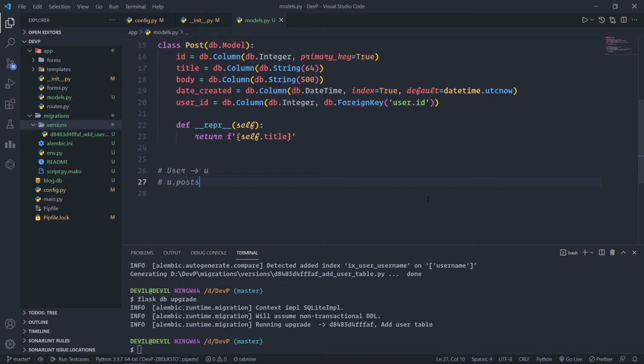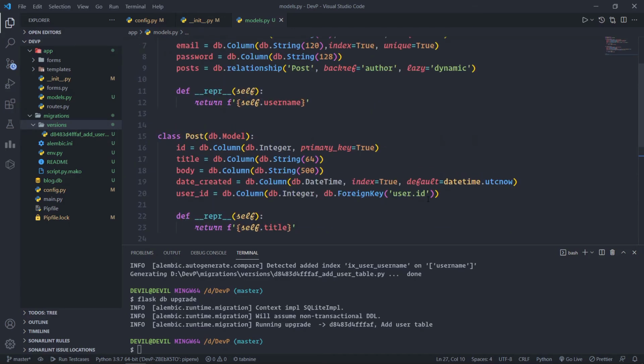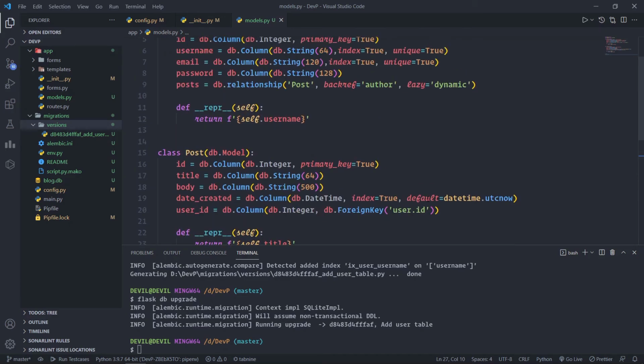The first argument to db.relationship is the model class that represents the many side of the relationship. This argument can be provided as a string with the class name if the model is defined later in the module.